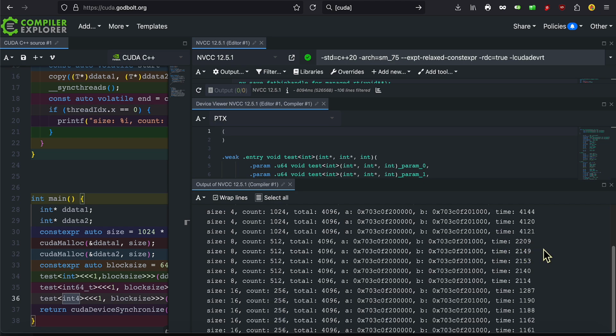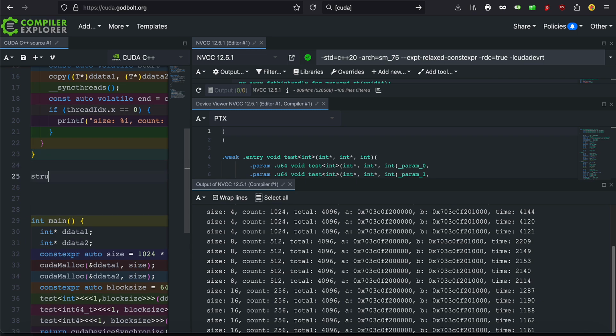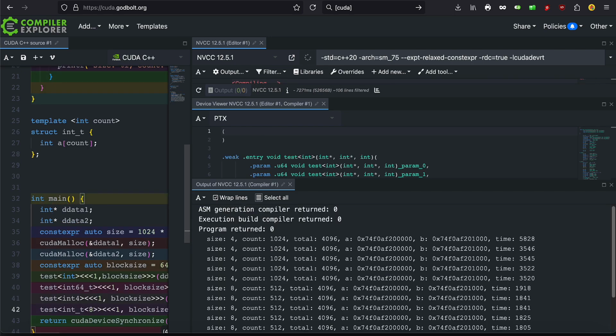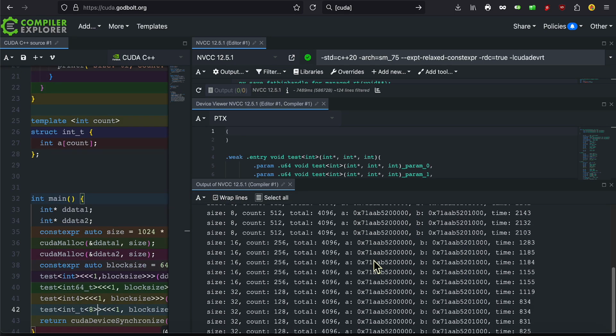If we double the size, the time more or less halves. Then if we double the size again, the time halves again. Well, that's pretty nice. So what would happen if we double the size again? Let's try it out. If we double the size again into 8 ints, we get a slightly faster time, but you can see we're running into diminishing returns. And if we were to double that again,